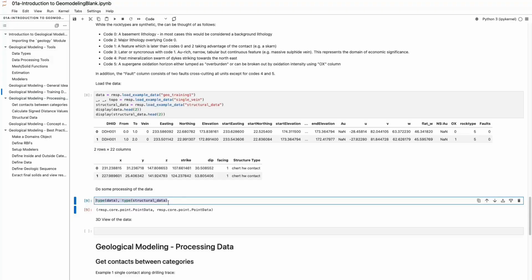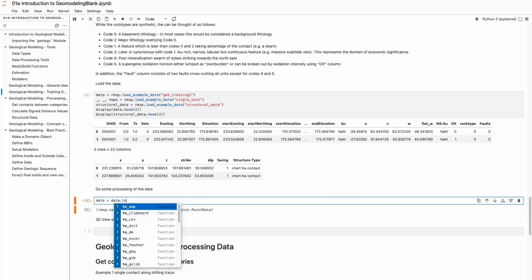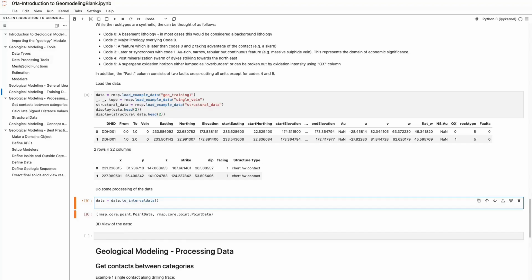So let's go data equals data dot to interval data, and then let's convert our structural data equals RMSP dot structural plane data,